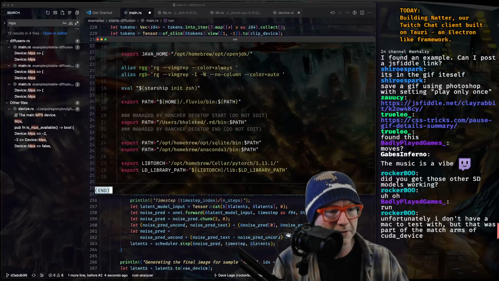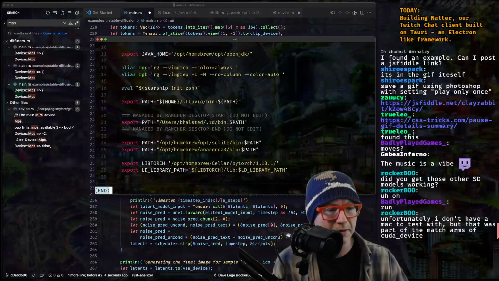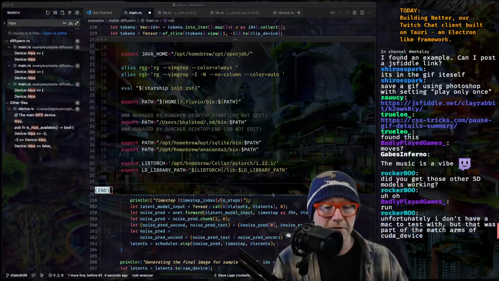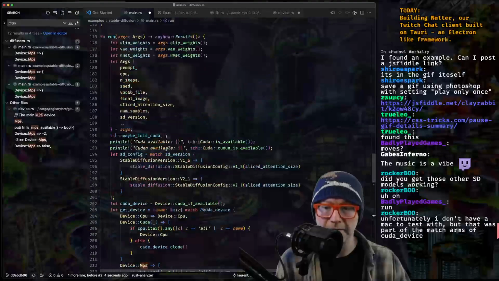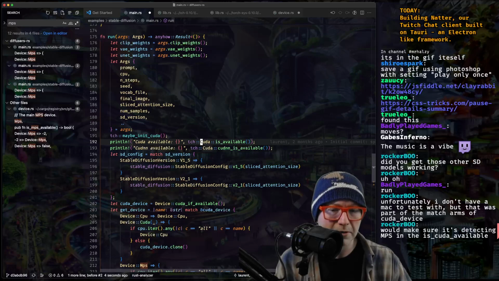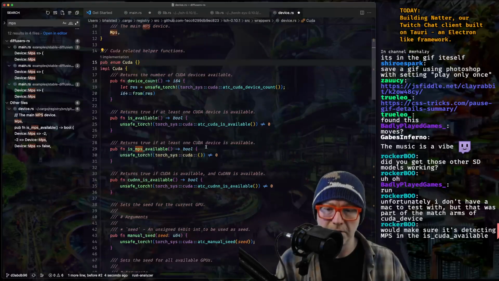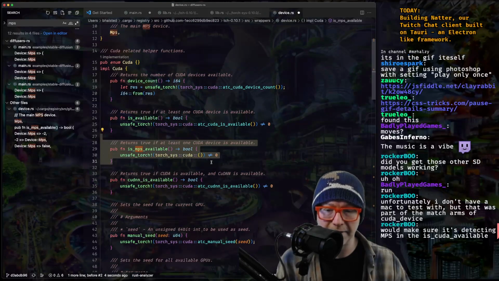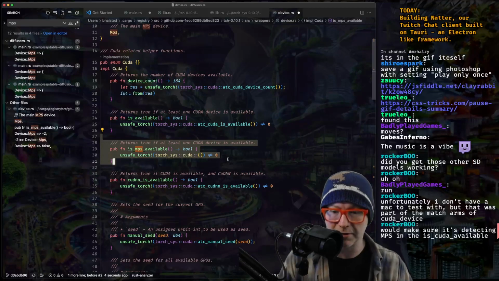You don't have a Mac to test with, but that was part of the match arms of the CUDA device. Yeah, so I started to look into that. Okay, so there's this CUDA is available, but it doesn't seem like, I put that in there, and that does nothing currently.